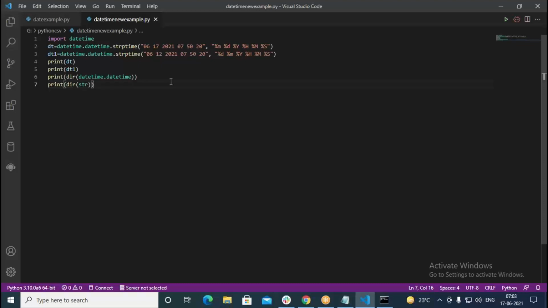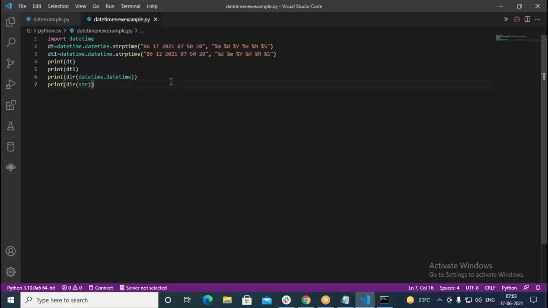Okay, so we have a timestamp component, and with the help of that we can do it. It is part of time. We have two namespaces, date time as well as time. Either date time we can use or time we can use, and with the help of that, you can get the timestamp.